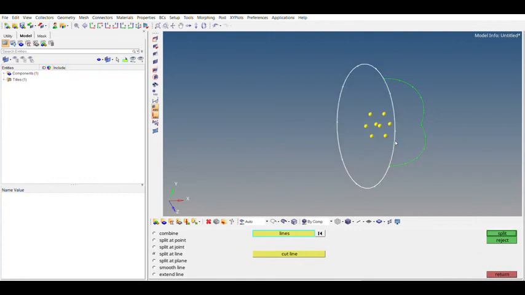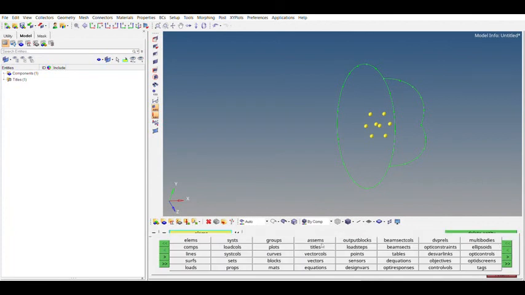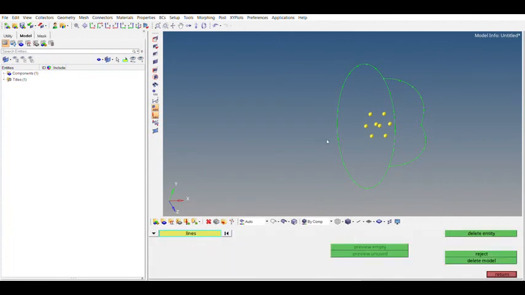I'll select the line and cut it at these points. I'll split here, then again select this line and split it, selecting the cut line as this one. Now I guess we are good to delete the unnecessary lines. From lines I will select these lines. Okay, now I can remove them.